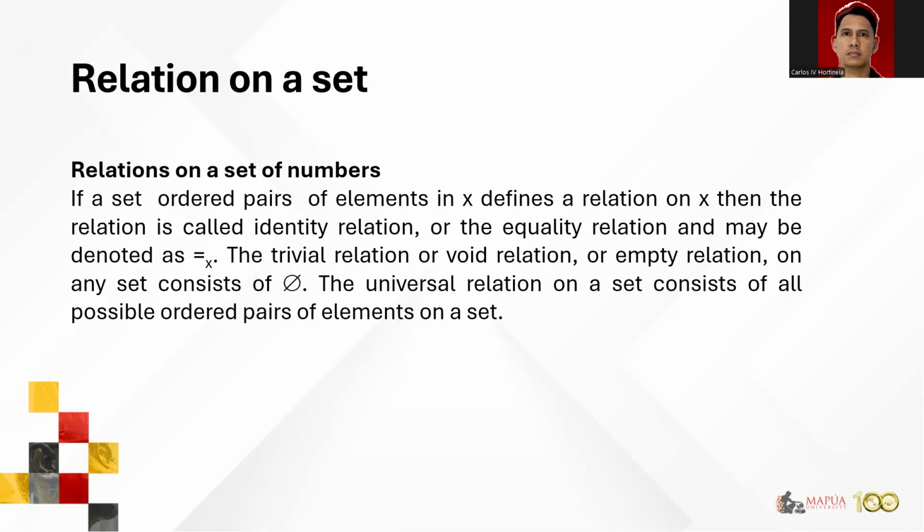So you group together numbers. If you group together numbers that are taken from the same set, then these pairs of numbers are referred to as an identity relation or equality relation. Now, it's also possible that you cannot form any groups or a relation out of your given sets.